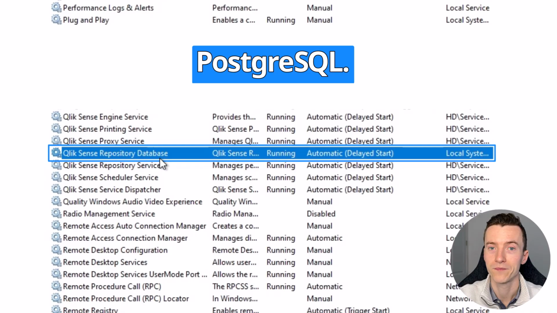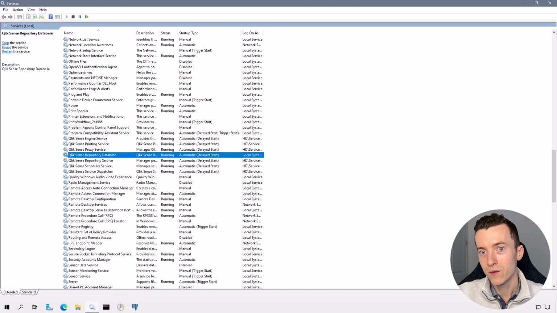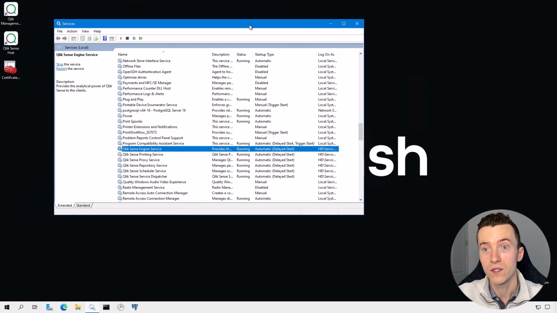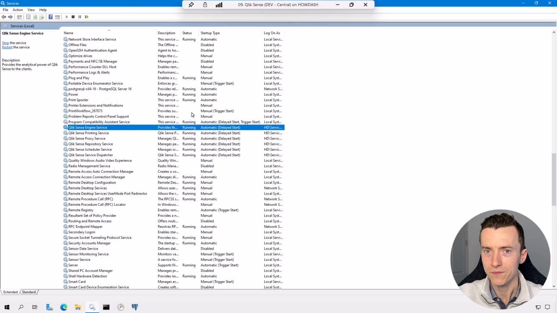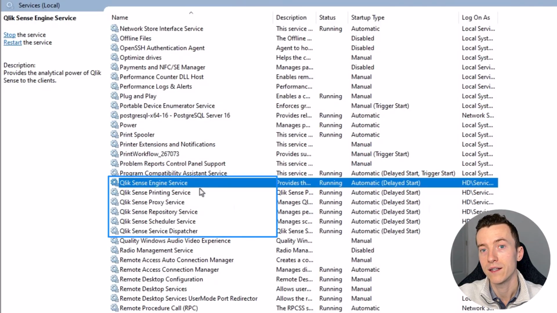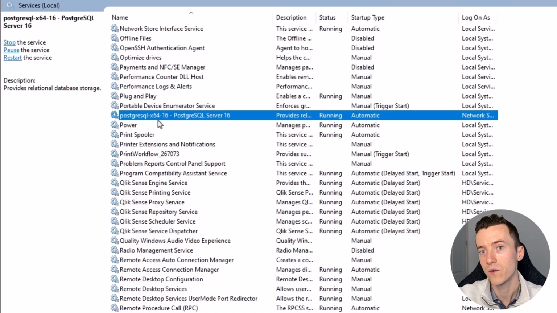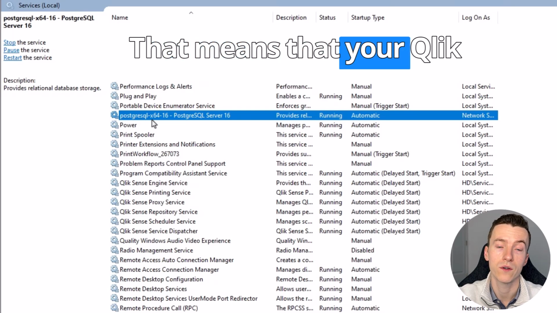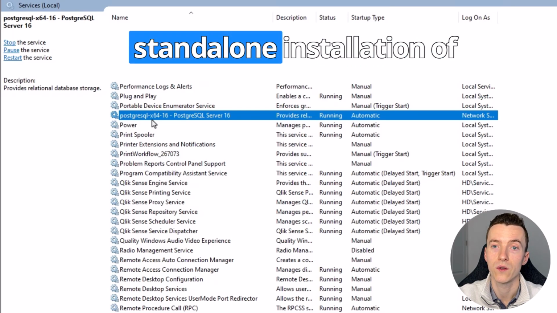of PostgreSQL. Now, let's go over to my dev server, which is using standalone installation of PostgreSQL. And let's take a look at what services it has running on it. Notice that Qlik Sense Repository Database service is not here. What I have instead is this PostgreSQL-X64-16 service. That's the service that operates a standalone PostgreSQL. If you have a service like this one, that means that your Qlik Sense server is using a standalone installation